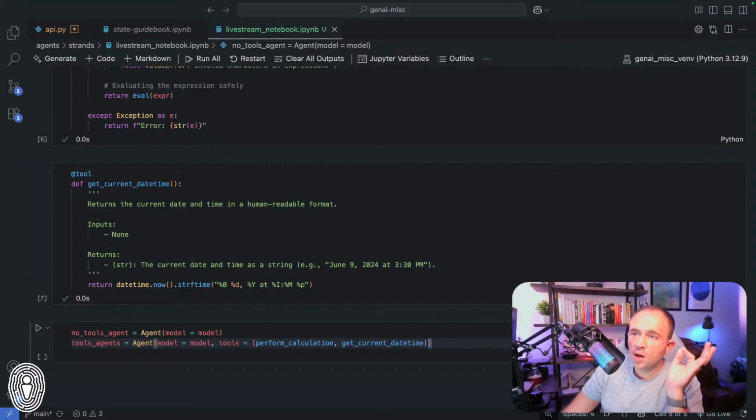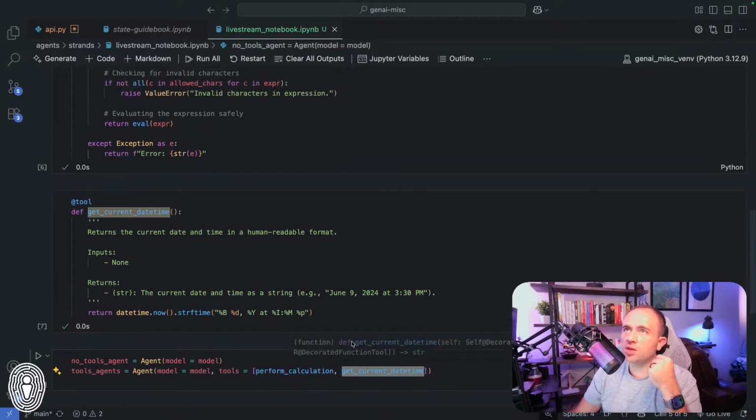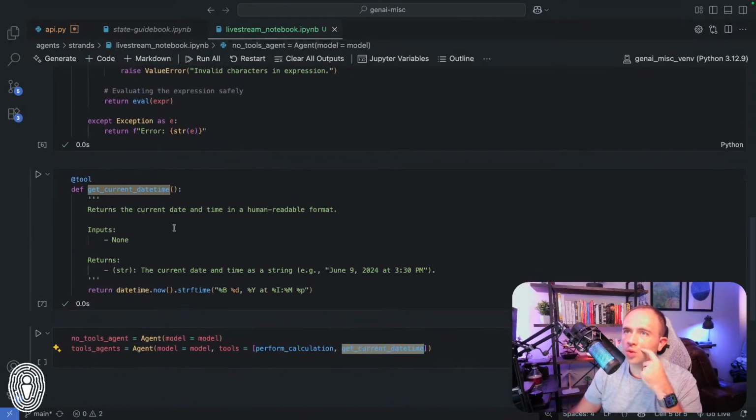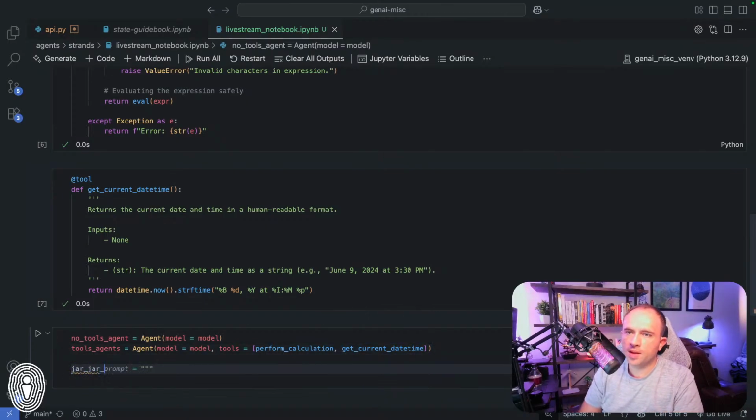You can see that we are passing in the model, and then we are passing in a list of the tools. So you can see here that our tools are actually the functions, the names of the functions that we provided, or that we created up above here. And then finally, I'm going to say Jar Jar system prompt. I'm just going to say equals...